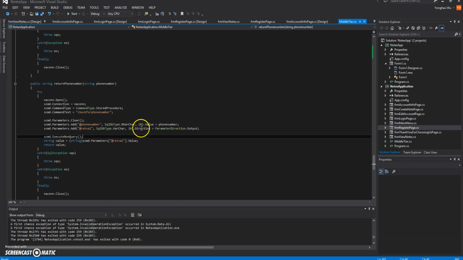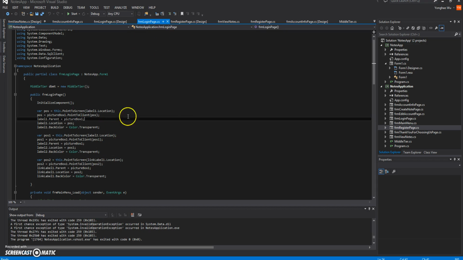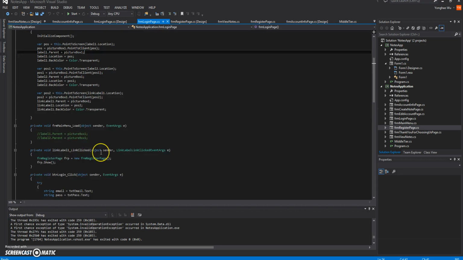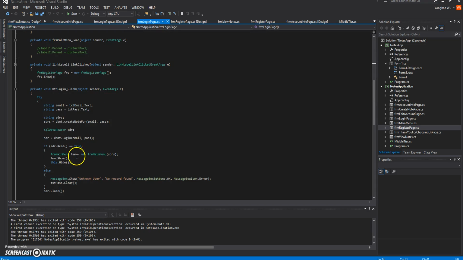Another problem that I had was, since there are no sessions in C# like there is in ASP, how do I add this record into that person's account? So I thought to myself, what if I can pass this value from one form to another? So that turned out to work, because if you go to the login page, login page CS. So what I basically did right here,